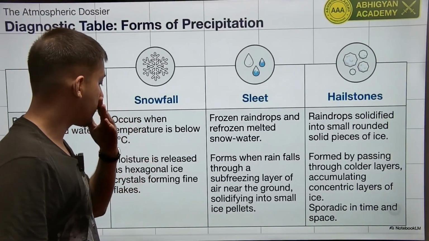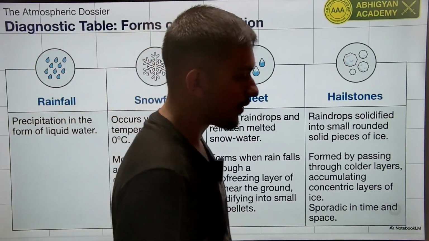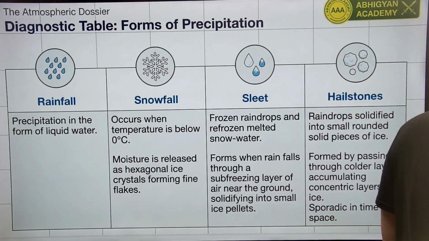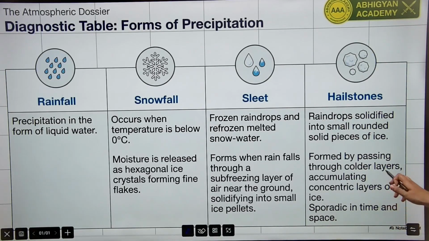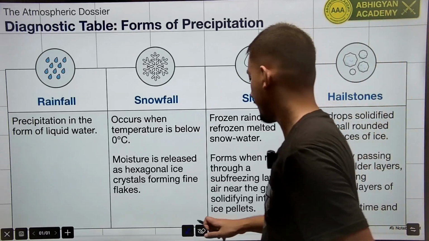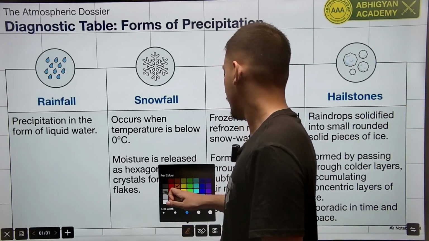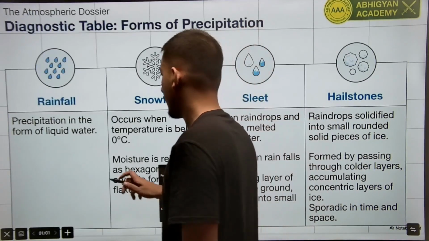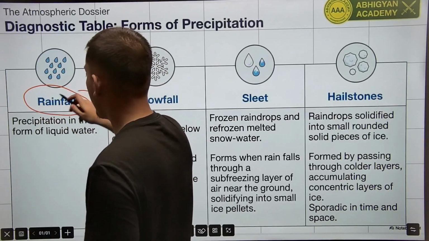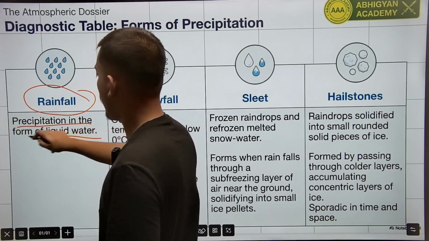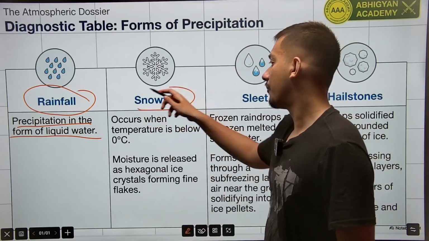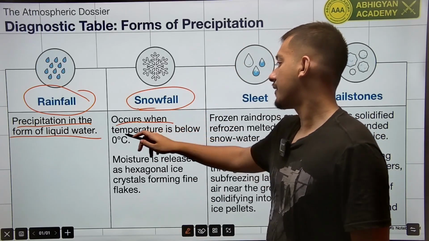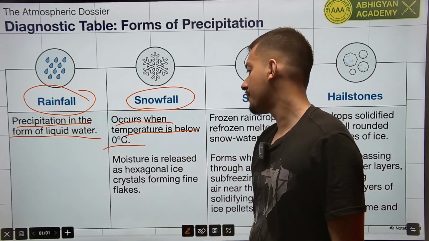Now we'll learn the forms of precipitation. Precipitation is not only rainfall, but there are various forms of precipitation. So firstly, we have rainfall. It is precipitation in the form of liquid water. Then we have snowfall. It occurs when the temperature is below 0 degrees.